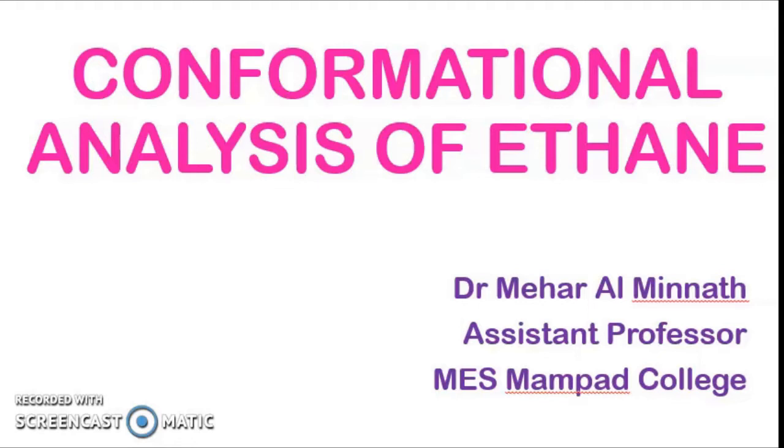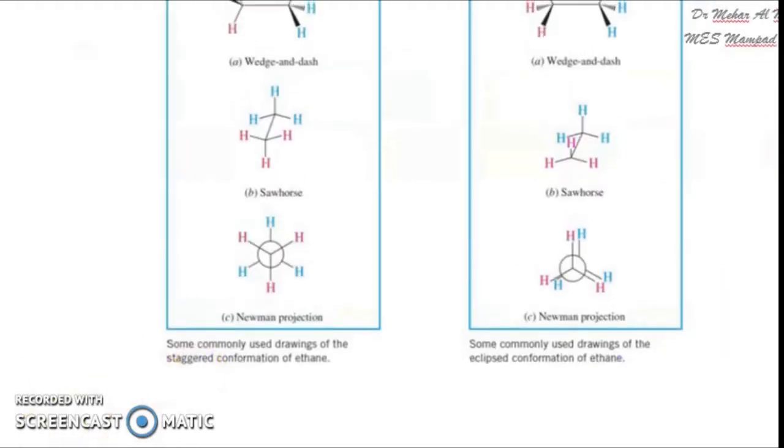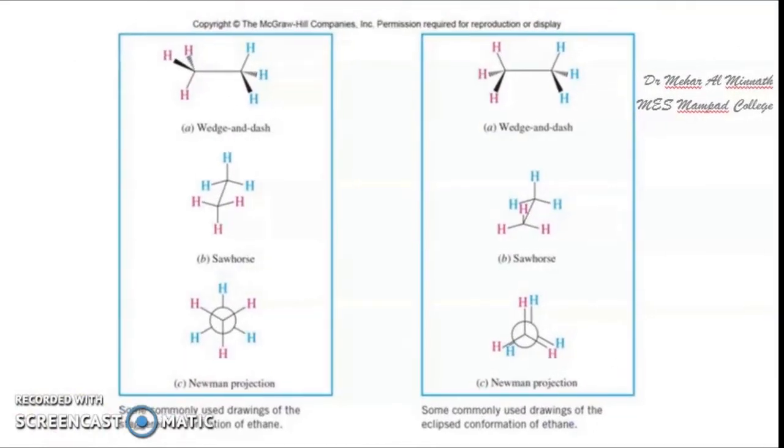Now here today we shall see the energy changes that happen to ethane molecule. To do the conformational analysis, the general method of writing the structure is the Newman projection. Okay. So we have got two conformations over here. Well, one over here is the Newman projection of the staggered ethane conformation, and this is the Newman projection of